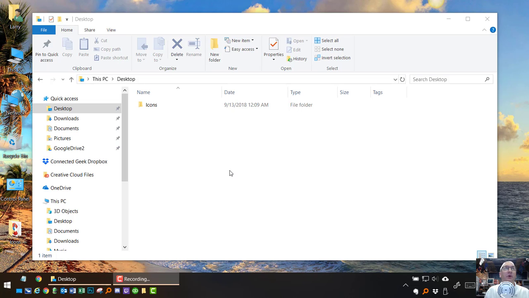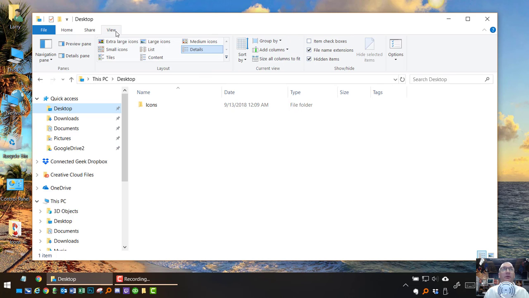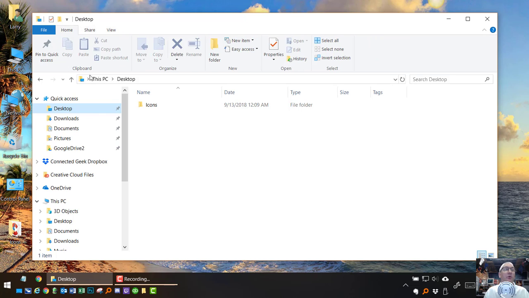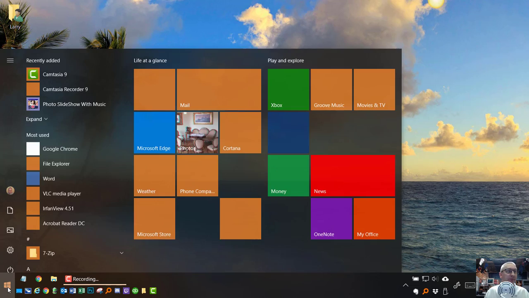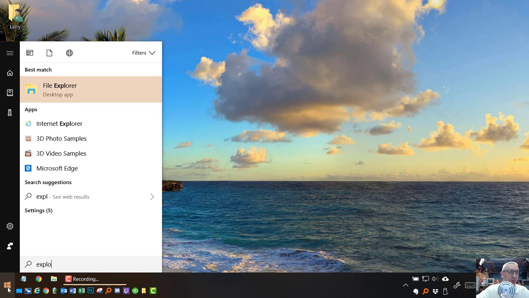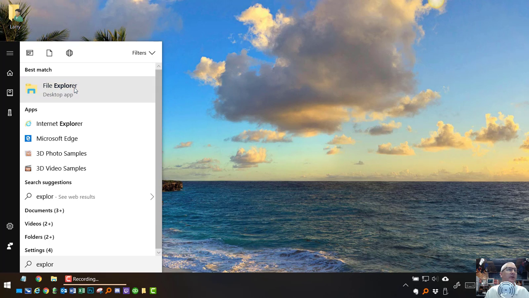In this series, we're talking about Windows Explorer or File Explorer. In this video, I'm going to talk about how to create a document, copy it, paste it, delete it, put it into a folder, and view some attributes about the file that you normally don't see. So once again, open up File Explorer or Windows Explorer. To do that, again, you'd click on the Start button, type in Explorer, click on File Explorer,